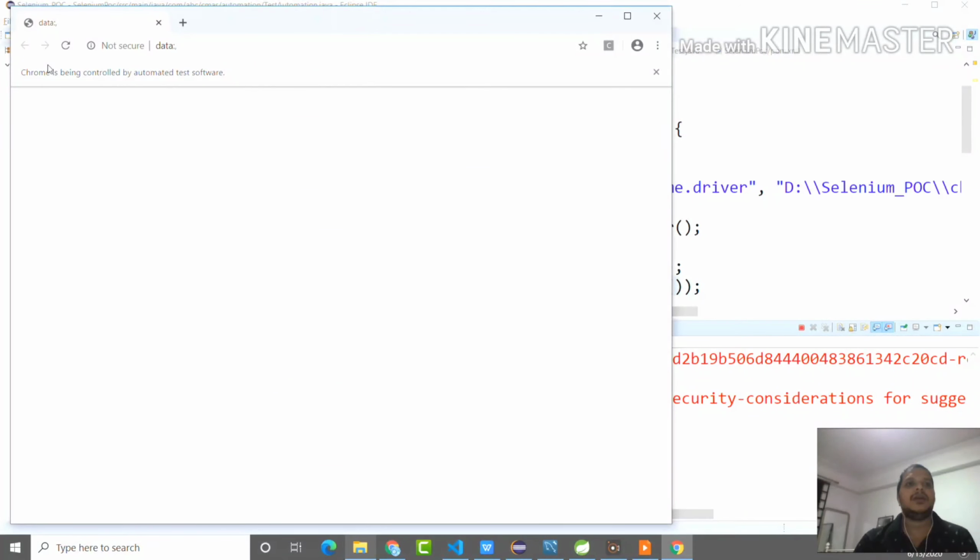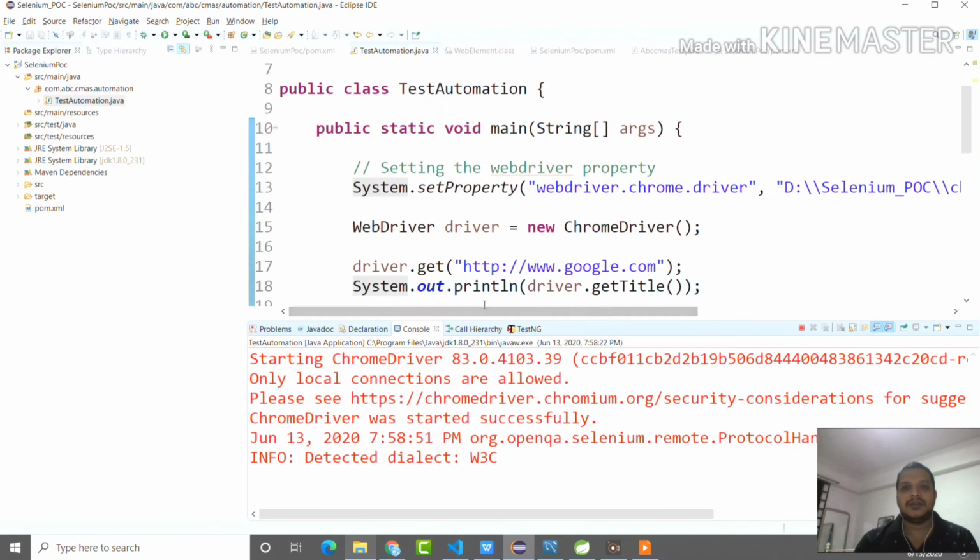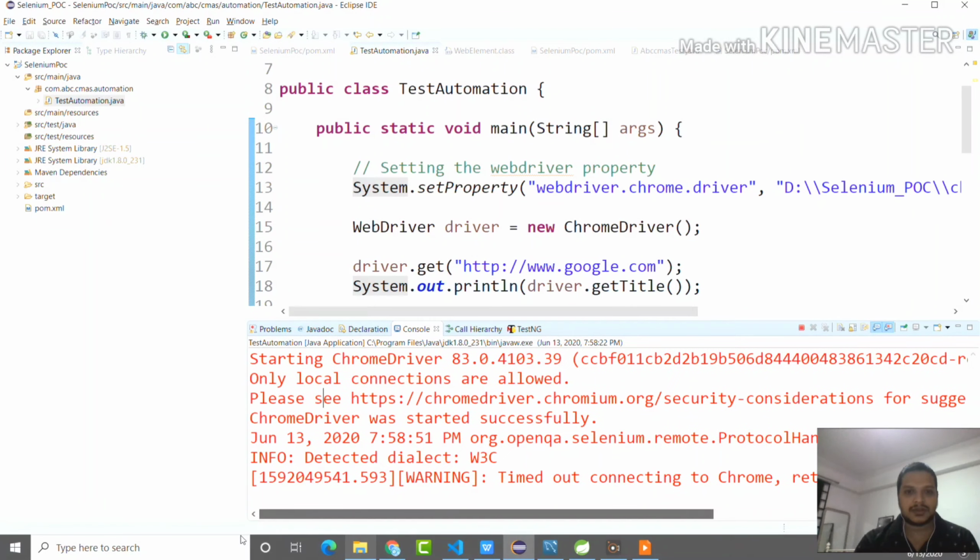Yeah, I am able to see the web browser is launched. Okay, it means my automation is working, and here you can see I printed the title. So I'll just check whether I am able to see the title or not.